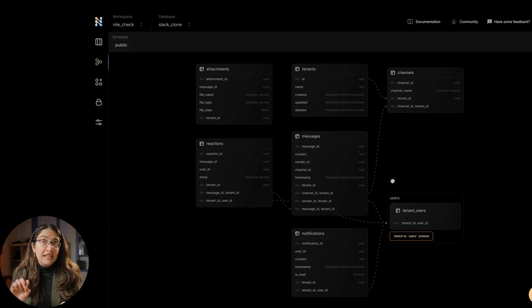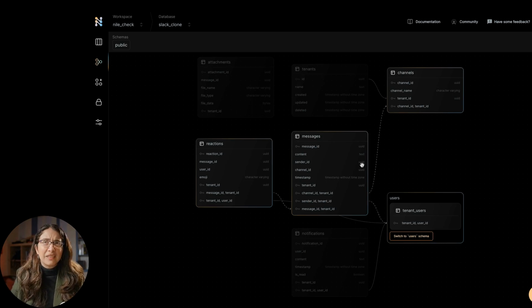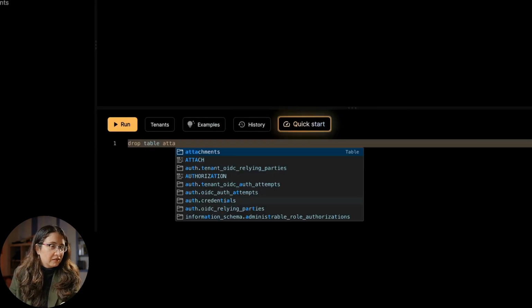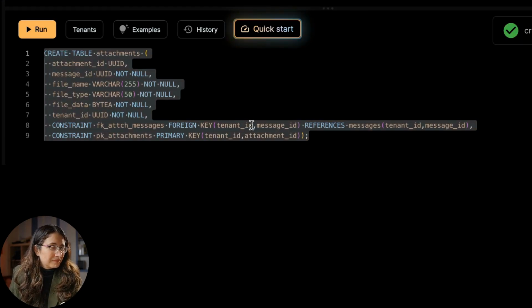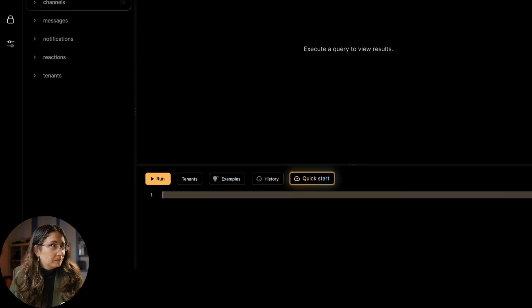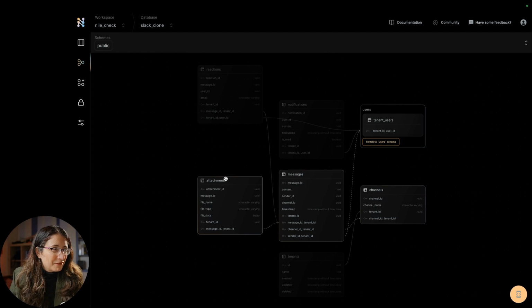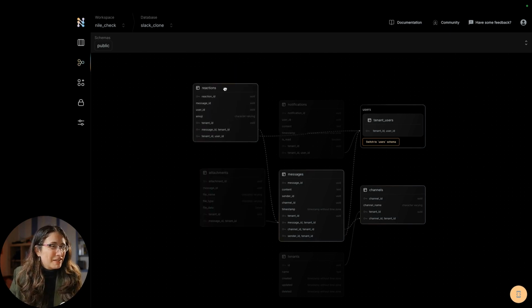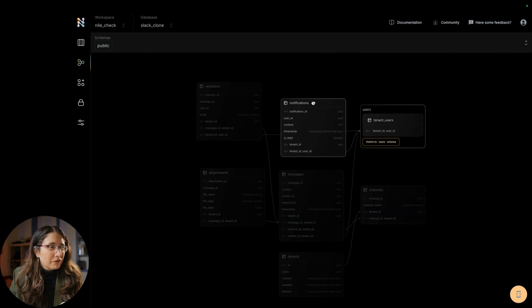Because everything is clear in a single look, you can see that I am missing something here. My attachments should have been connected to the rest of the data. So I need to go back and correct that. Let me do that. Okay, we have it again. And let's go see what it looks like. Okay, and now we have the attachments table properly attached to the messages, and all the rest of the keys